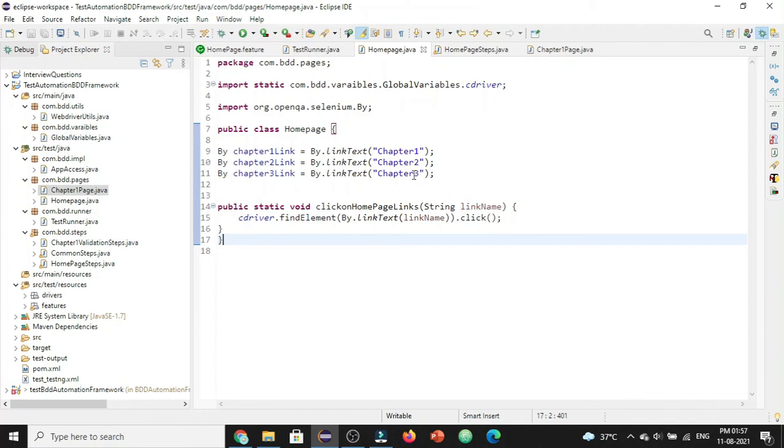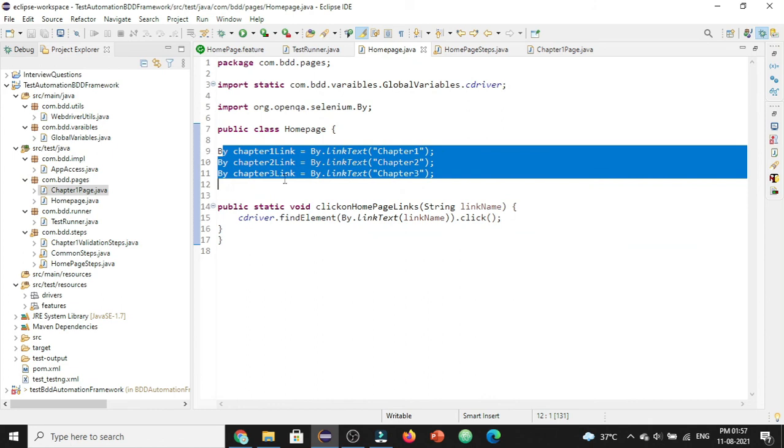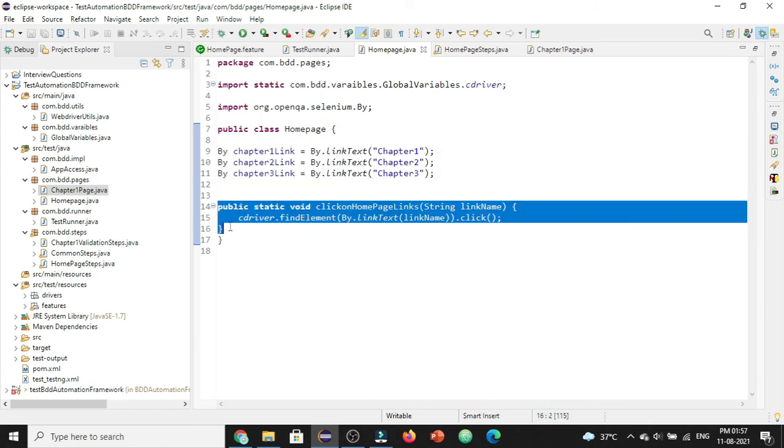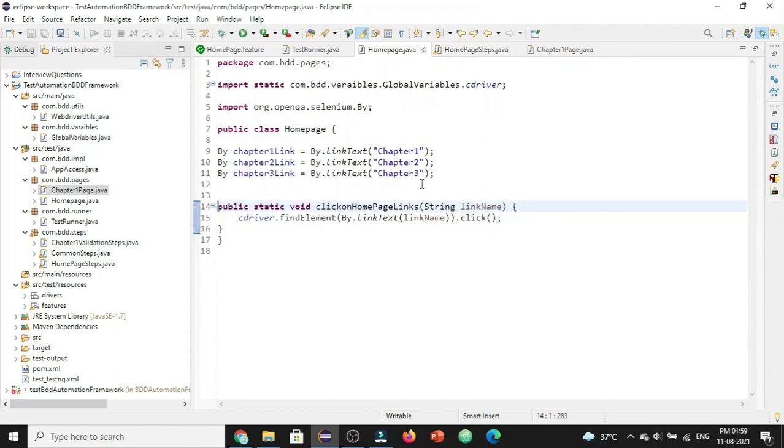And the other advantage is it provides us with more readability. So here the code is more readable, like we have all the locators at one place and we have all the methods to perform the action at the other place. We can easily understand the code by following this pattern. So this is the other advantage of using the page object model pattern. So by this we are done with the page object model pattern.